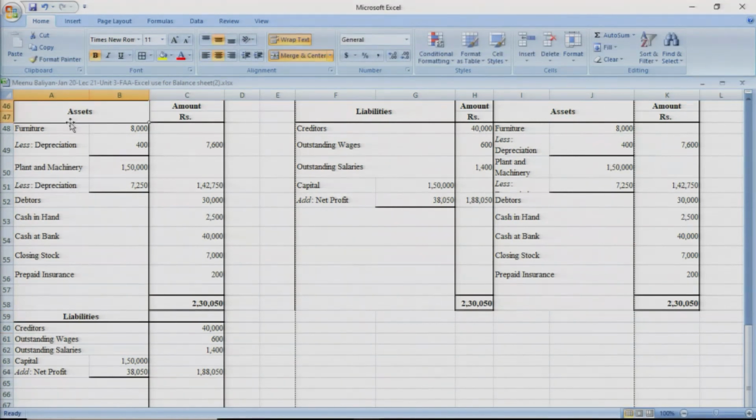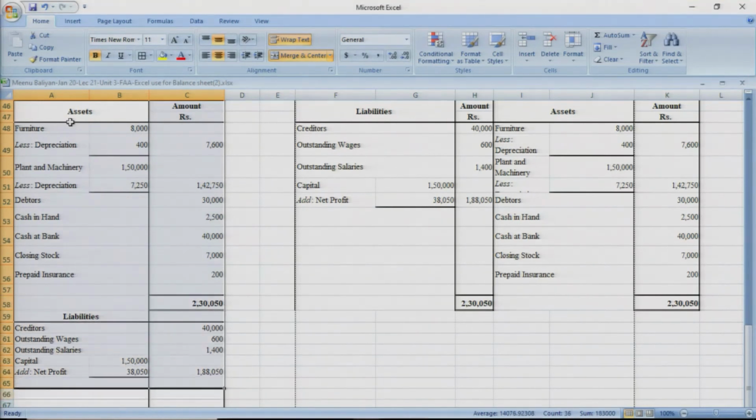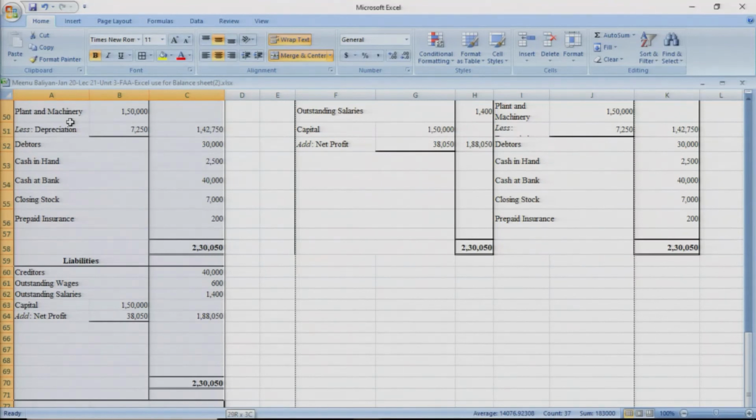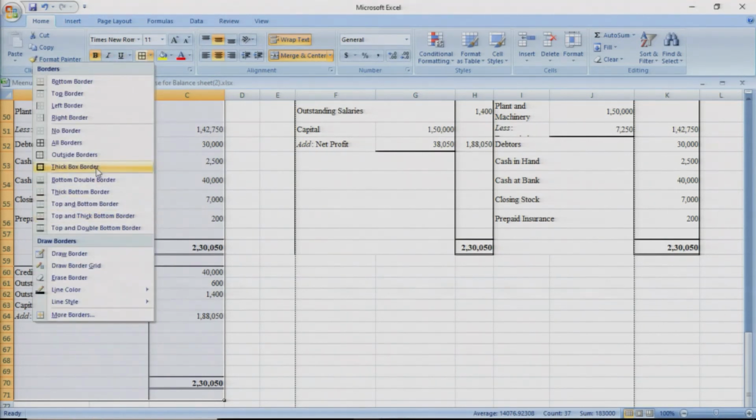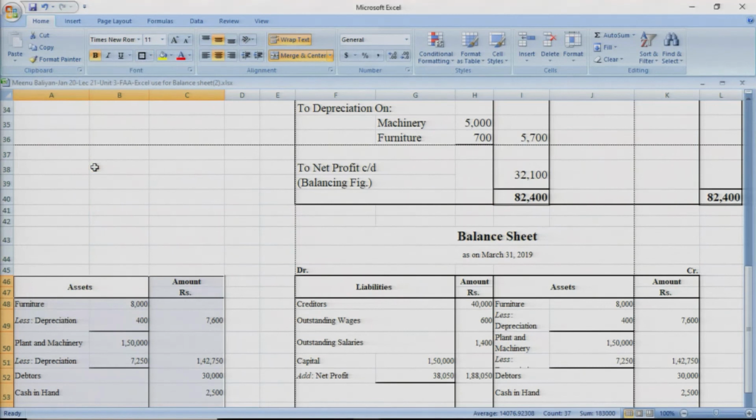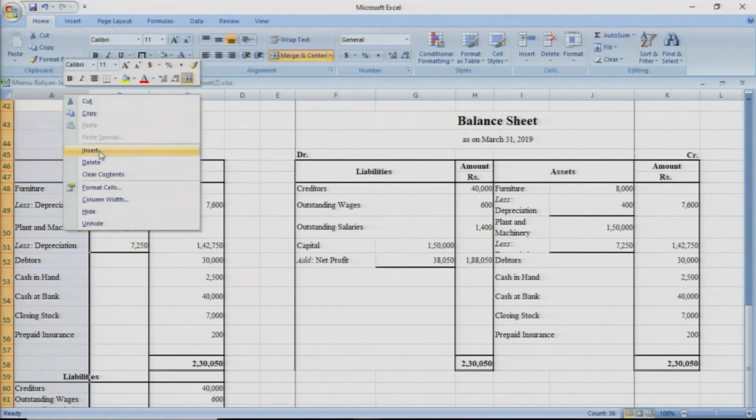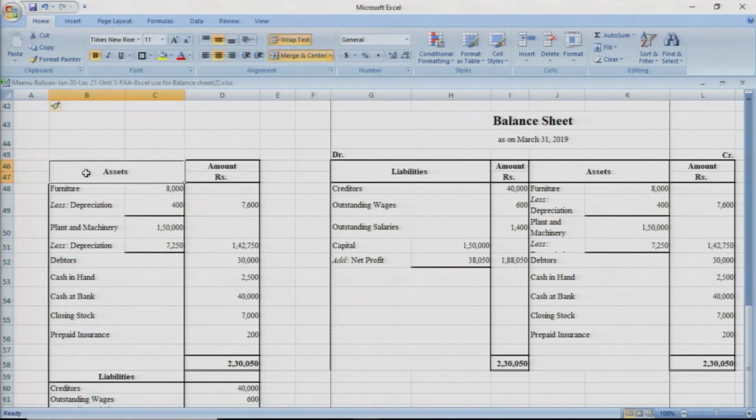And for making it more attractive, a more professional format, you will choose the side border, all border. We will go to the border icon and apply the thick border. By this, you have this vertical format of the balance sheet. Let me show you it more clearly. See, now it is more visible that this is the vertical format in which first we are mentioning our